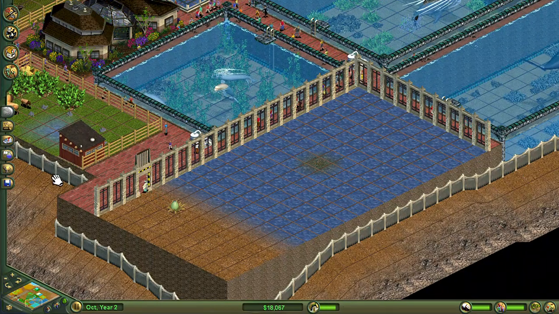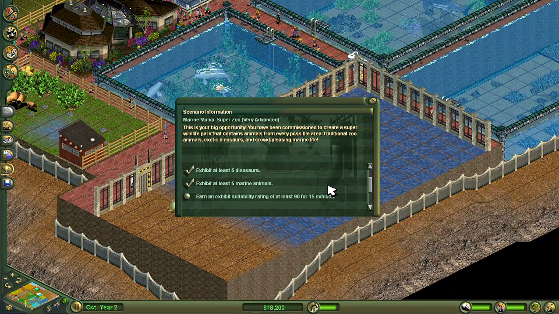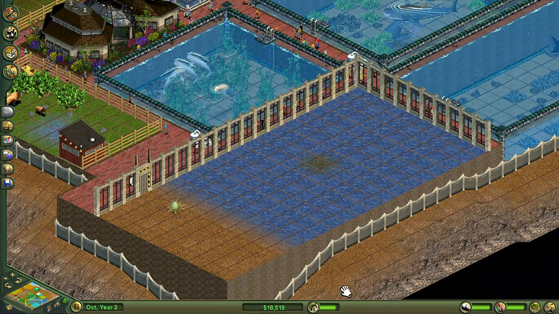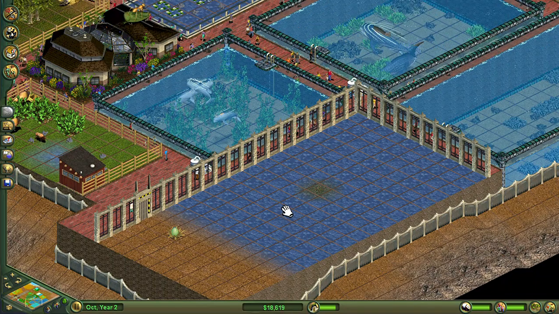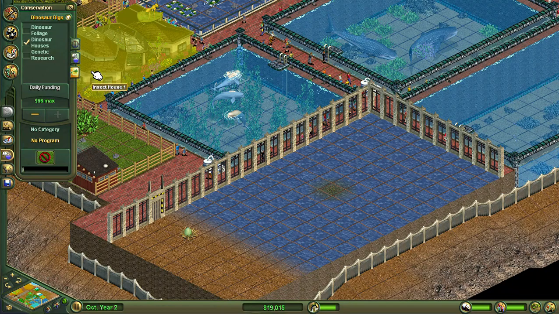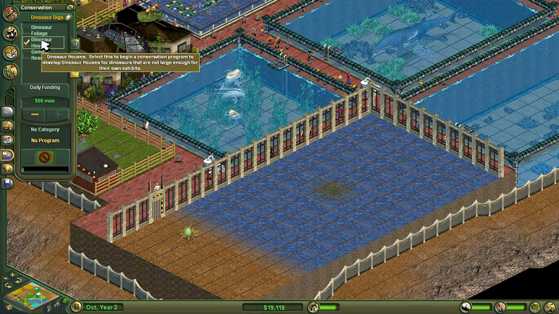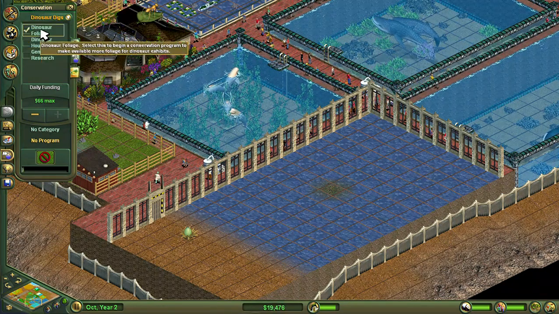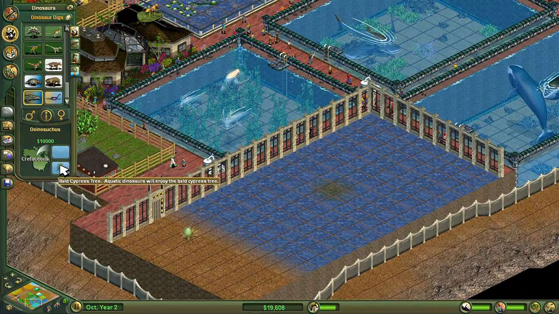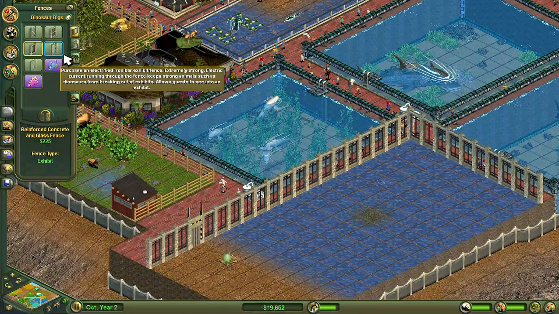So I'm probably going to need more exhibits to get to 93 zoo rating, because 93 zoo rating is very high. Research is helping. Might be worthwhile to get dinosaur foliage for the horsetail for the Dinosuchus, and also just because it wants bald cypress tree anyway, so